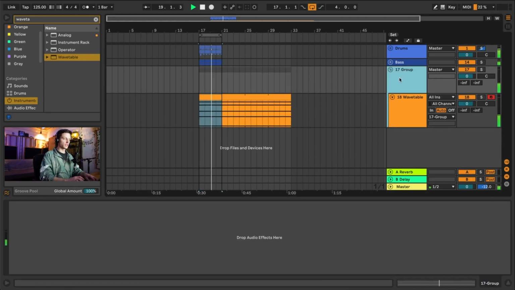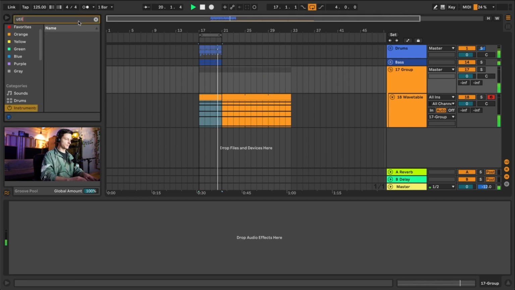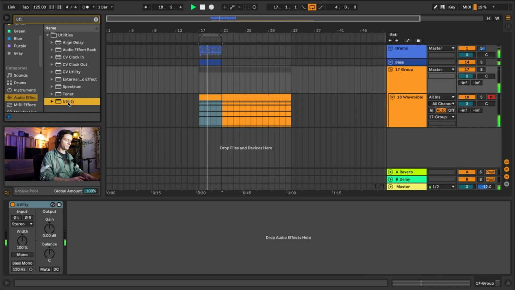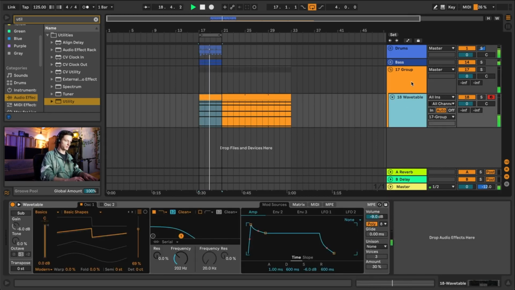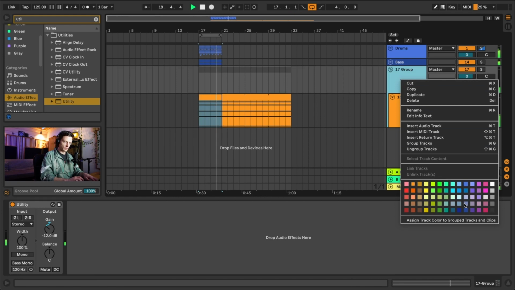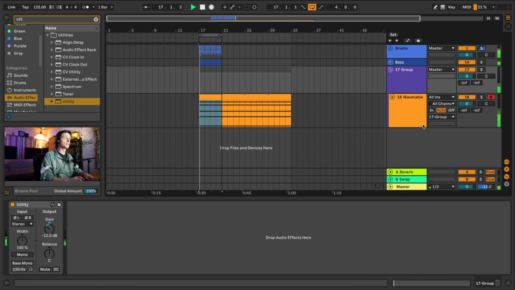And like for the other elements, set up a group right away. Bring down the volume. Great. And color-wise,